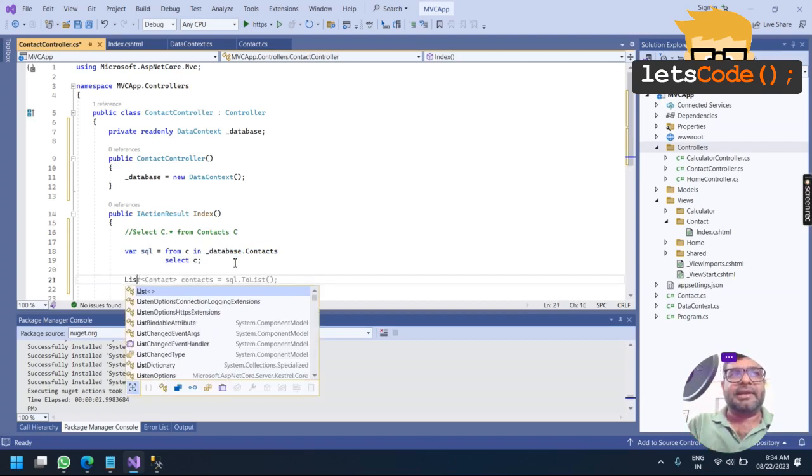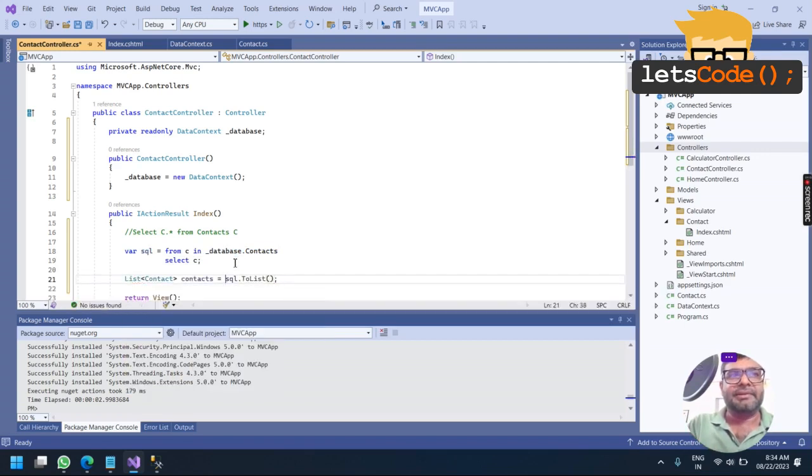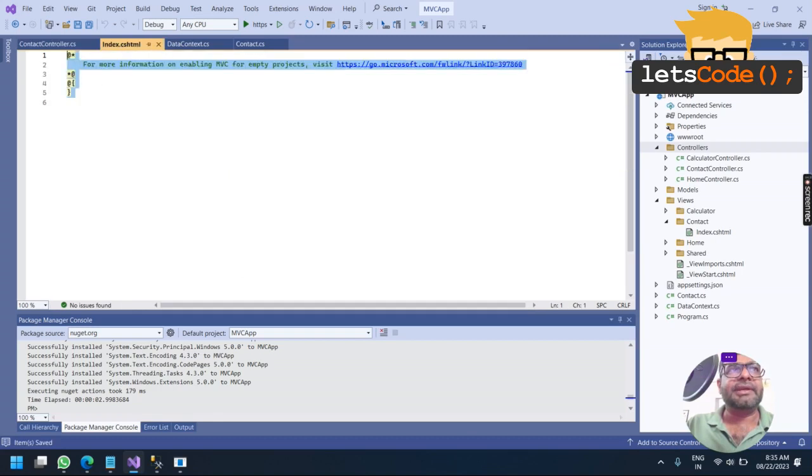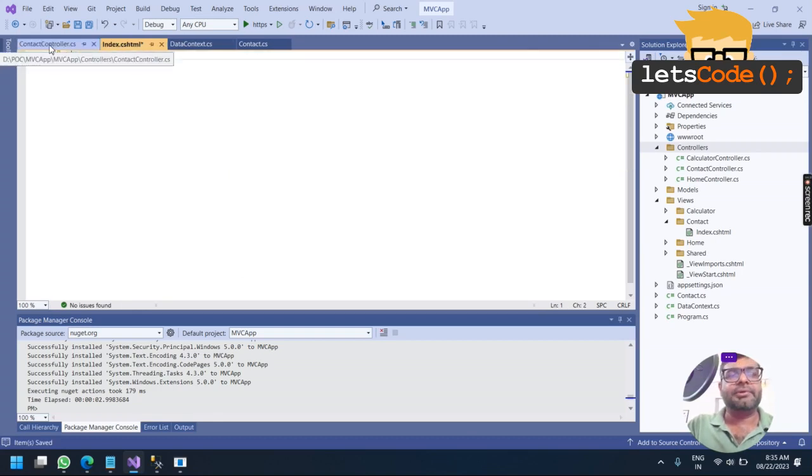Now what I need to do is call the list of contacts model, and dot ToList. So basically I have got the list of contacts, and I am passing it back to my view. I have not done anything in the view that we created. I am removing all the default code.